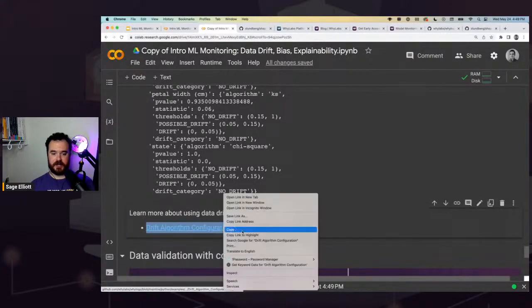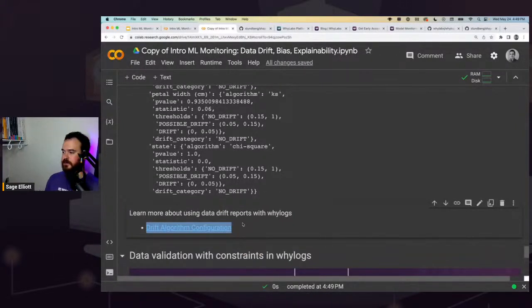And again, we're just kind of scratching the surface here. I just want to show some of the features. Depending on what your application is or how you're using it, you'll want to set up configuration for that application. And you can do a lot of different custom stuff, again, in YLogs. So there's an example where you can do advanced configuration for drift algorithms directly in your environment.